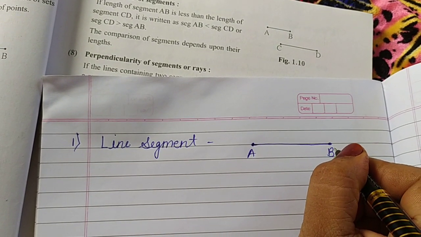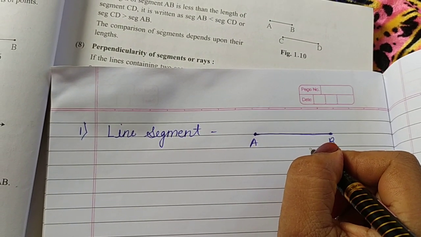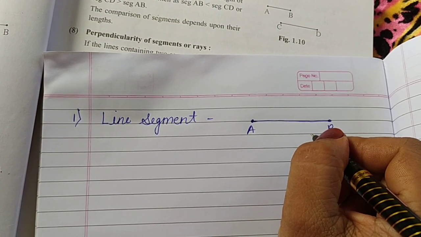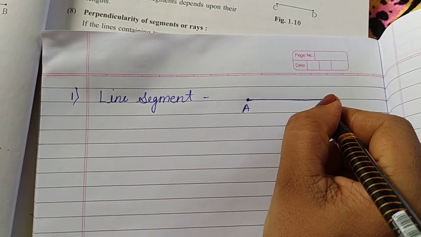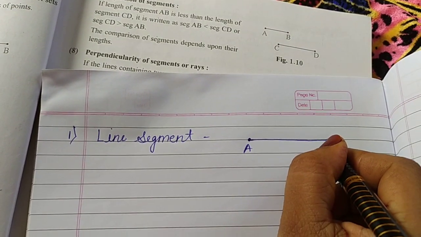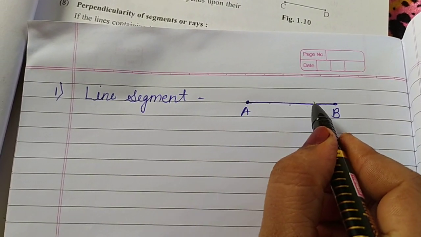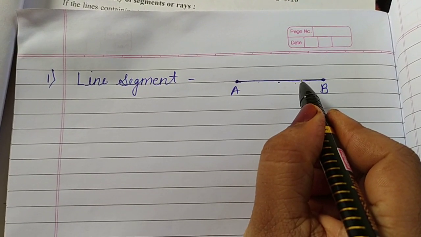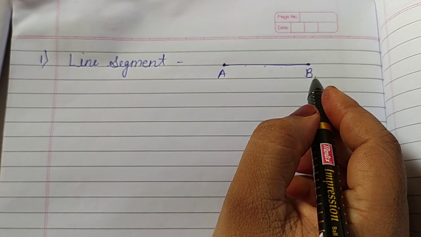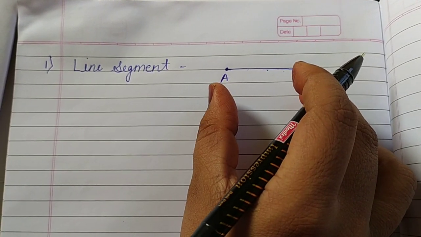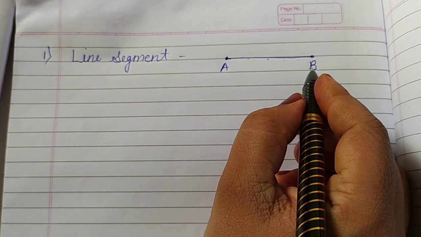As we already studied in algebra or mathematics part 1, sets of the points, so union set, intersection set, so it is a union of points. Line segment is a union of point A, point B and all the points between AB. The union of all these points between AB is called a segment. This is the geometrical definition, but directly we can say segment AB is a length AB. Suppose it is of 5 centimeter.